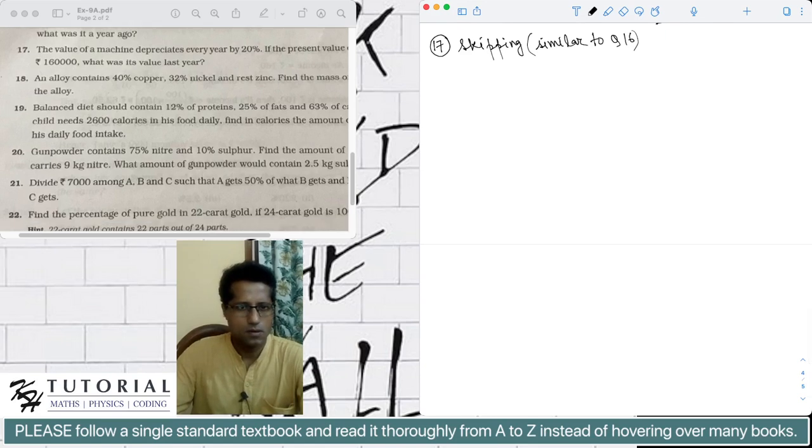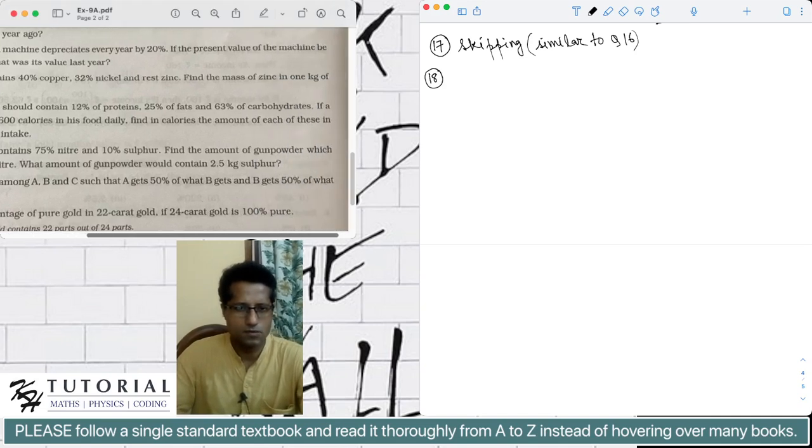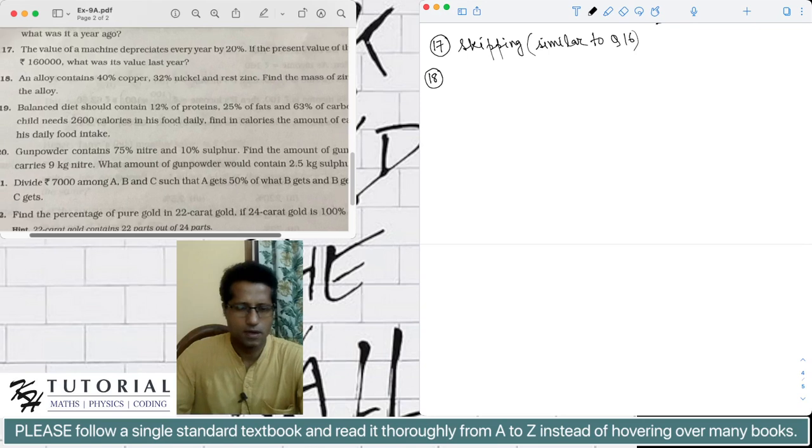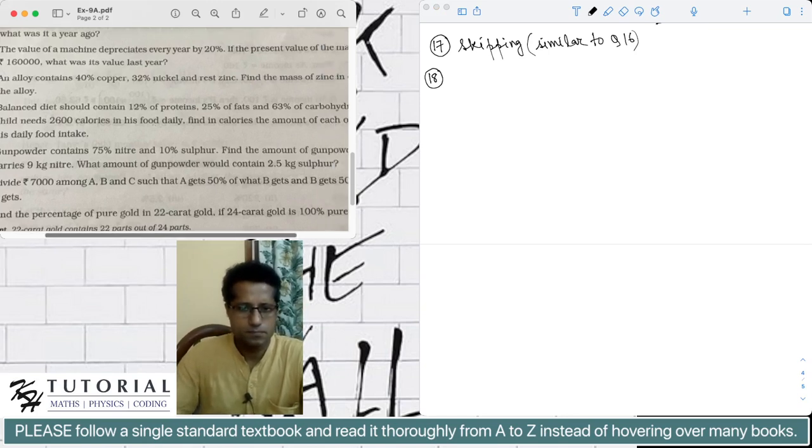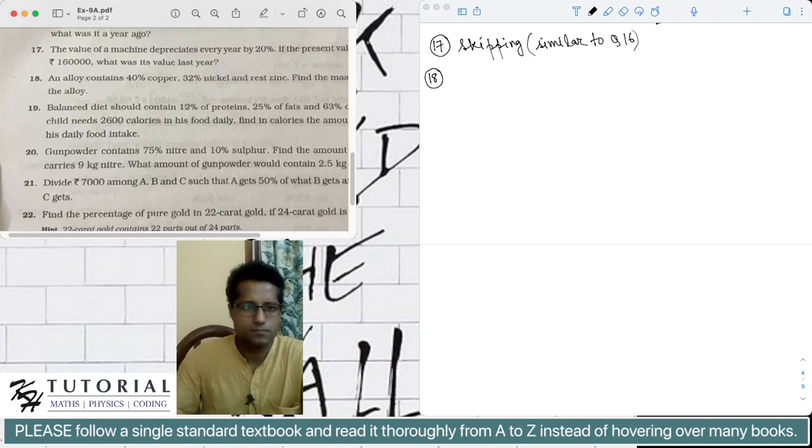Let's do problem number 18. It is said that an alloy contains 40% copper, 32% nickel, and rest zinc. Find the mass of zinc in 1 kg of the alloy. In 1 kg of the alloy. Okay. So find the mass of zinc in 1 kg of alloy. Okay. So